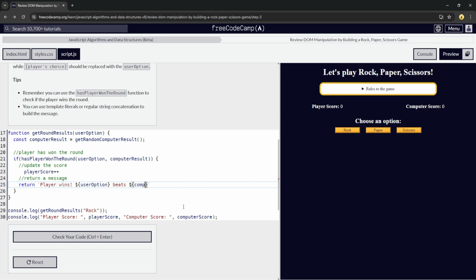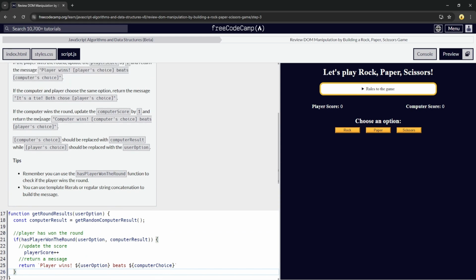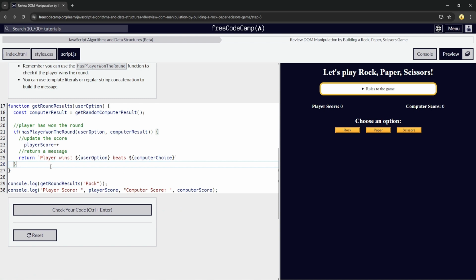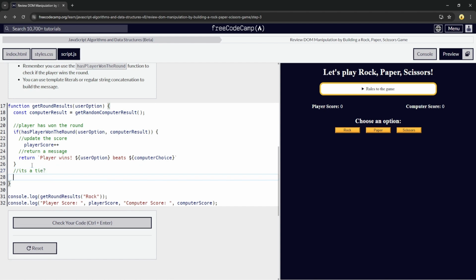So we can type computer choice, just like this. Now we want to check if it is a tie. In order to do that, we have this if, and this is where the if ends for the player has won the round. So now we want to check if it's a tie. So now we could write else